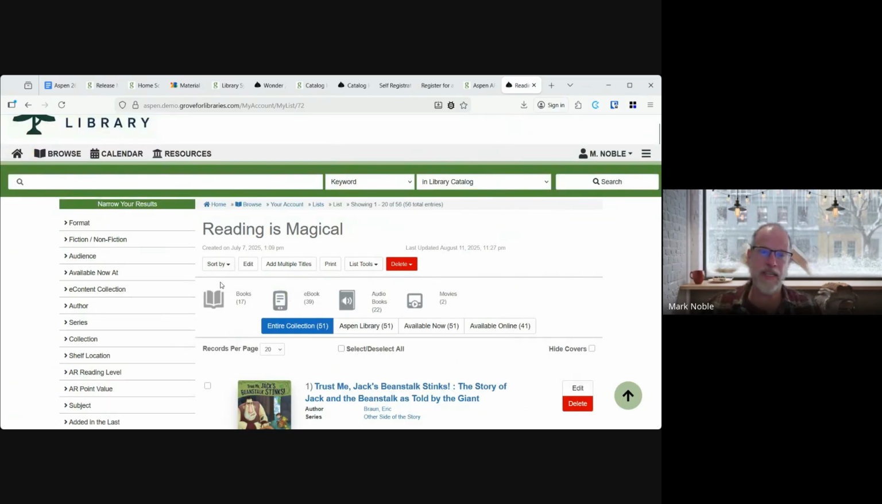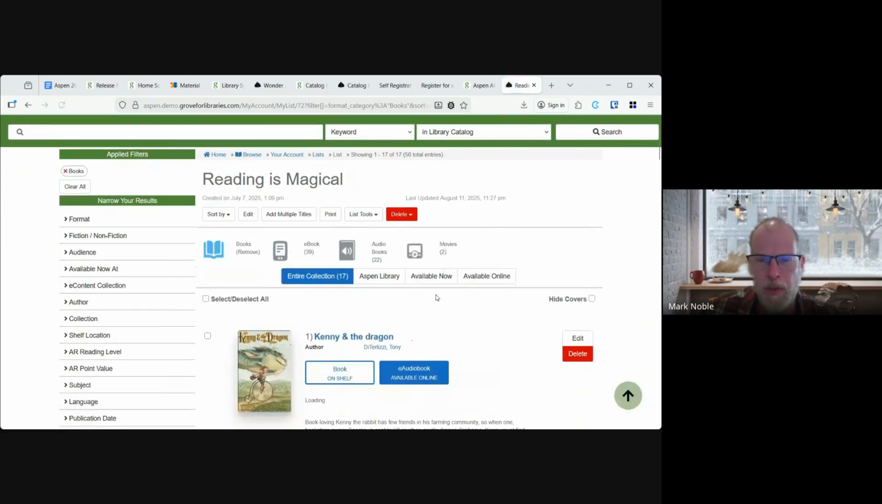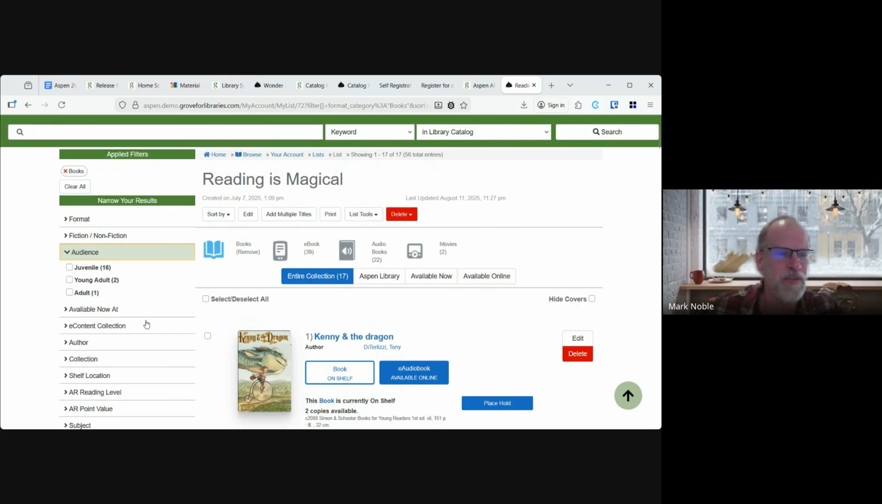Because this only contains library materials, we automatically get this. So we can say, okay, we only want to see books. This is our test server, so the available stuff. Most things are available on our test server. So we want to see books for